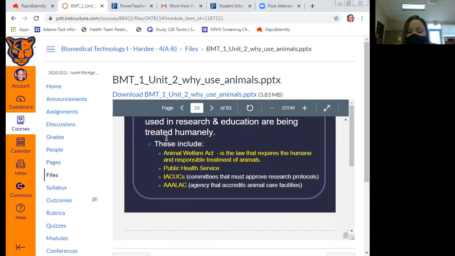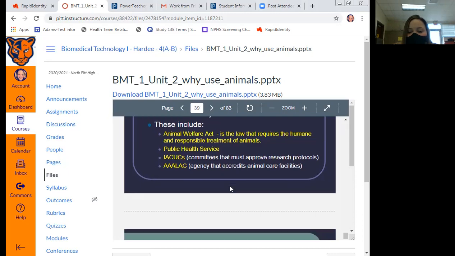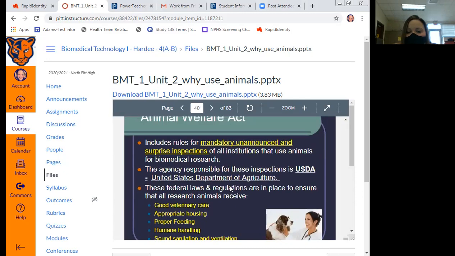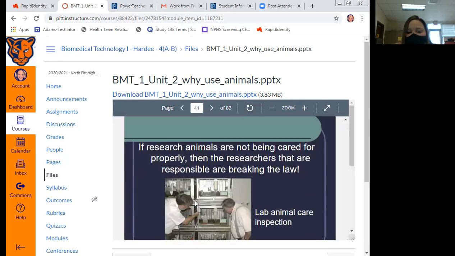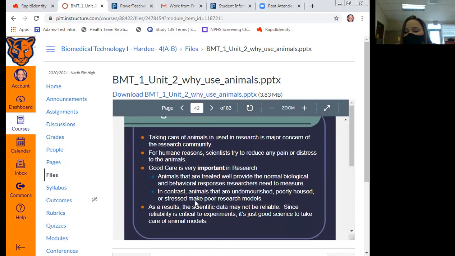And so you're going to see the Act, you're going to see IACUC, AAALAC, which you may have to look up the exact definition using your internet resources, but these are what they do and how they protect animals, and it gives lots of information. And you do need to know who's in charge of these mandatory unannounced surprise inspections, and knowing obviously that's the USDA, knowing what that stands for. And while there's a lot of information on these slides, guys, the worksheet that I gave you really breaks it down for you in a much easier way so that everything is a little bit easier to understand.